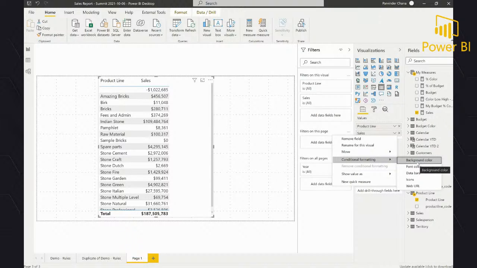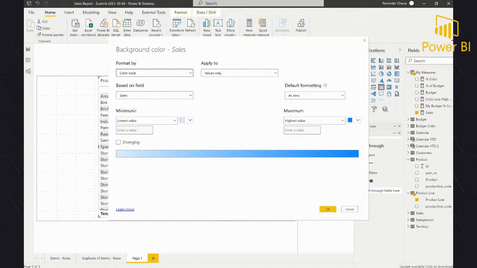So let's look at the easy part first, which is the color scale I mentioned. You don't give the lowest and the highest value. It automatically knows what it is. And diverging, of course, you're telling what would be the in between.